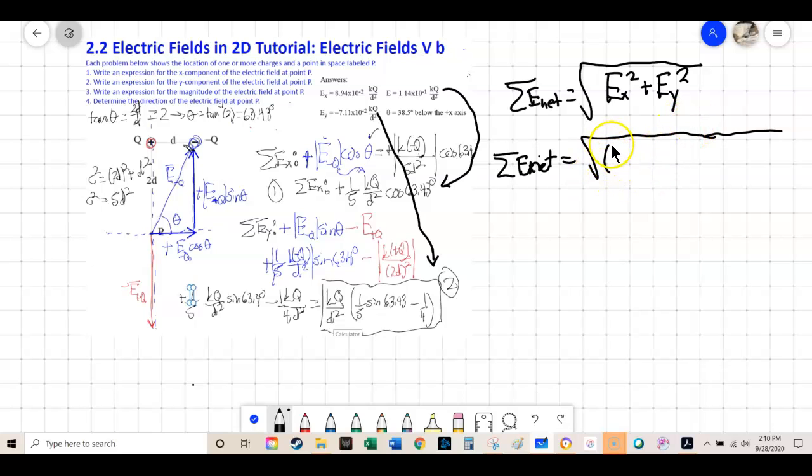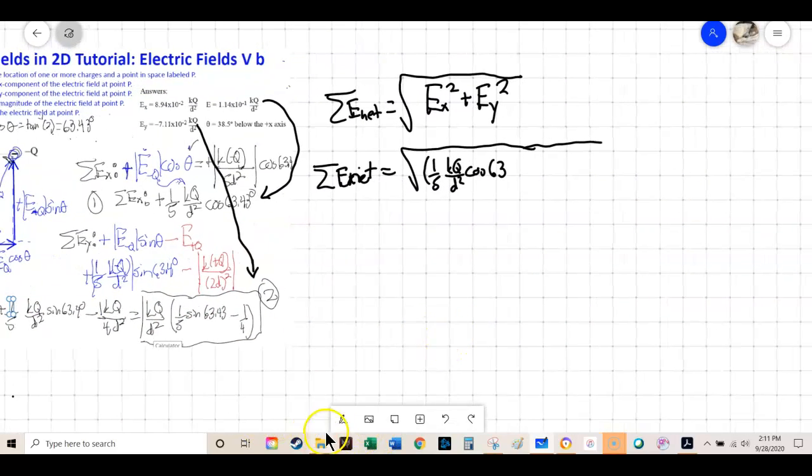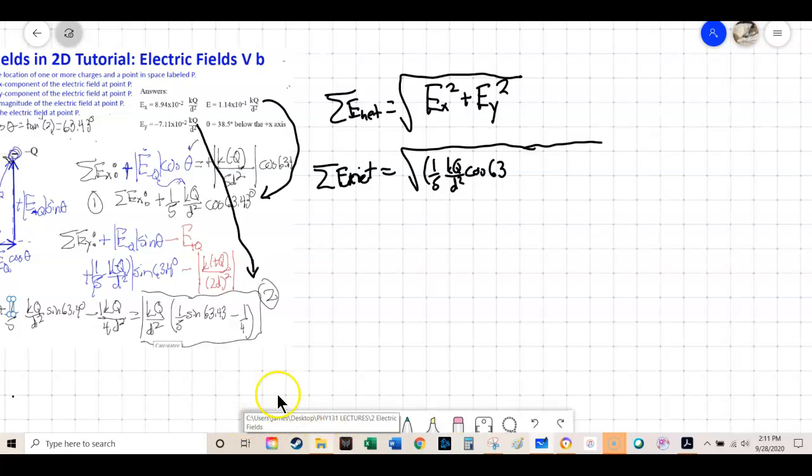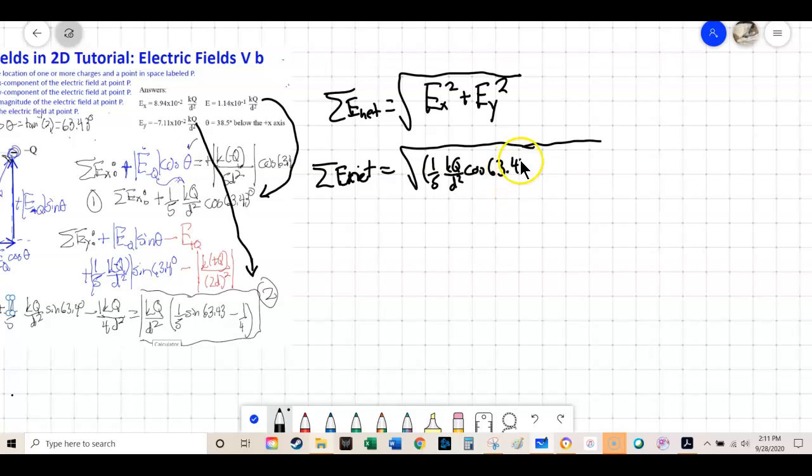So the x direction stuff is going to be 1/5 kq over d squared cosine of 63.43 degrees, and you're going to put it,